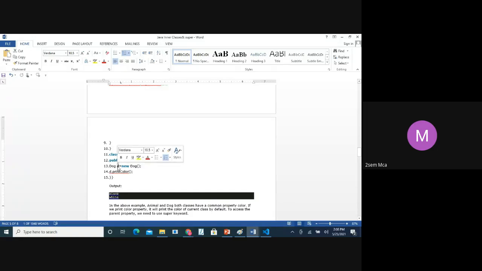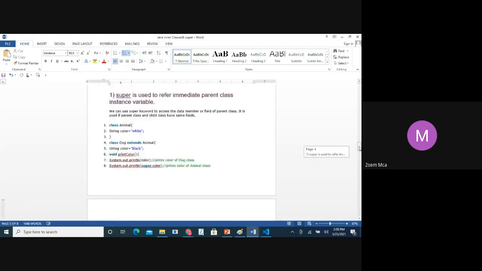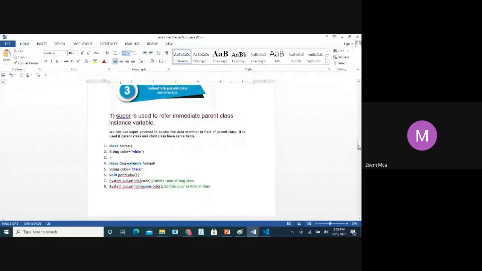Whenever you are creating an object in Java, we have to use new. And the class name is Dog. Then call that and print the color. First, printColor will give black. Next, because we have given super.color, white will be displayed. So this is the base class, Dog is the derived class, and using the keyword super, you can see here we used super.color, and here we have just used color. So for this color, black will be displayed.